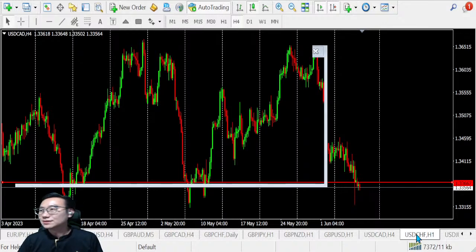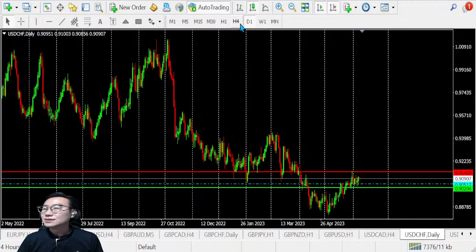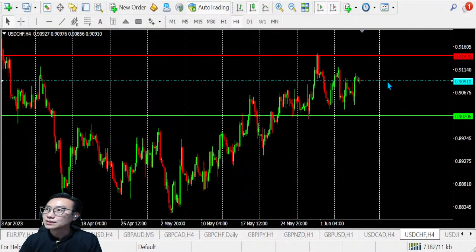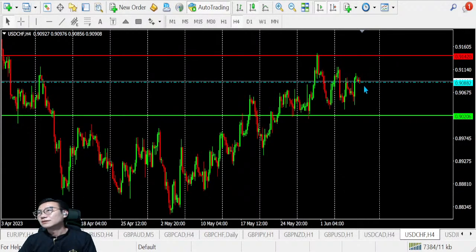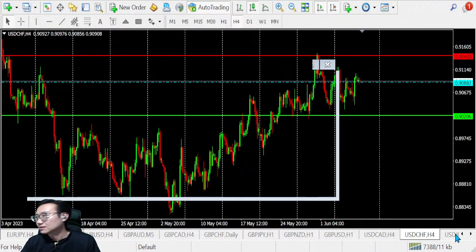Right, dollar franc. What about dollar franc? Dollar franc looks like we are on the buy side today. We are heading up for a buy. If the support is able to hold, the support is here, and it's not breaking and actually holds as a support level, then it may continue to buy up. So for dollar franc, I'm going to skip this first.